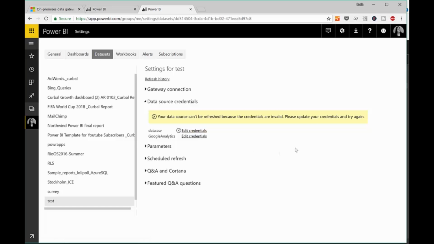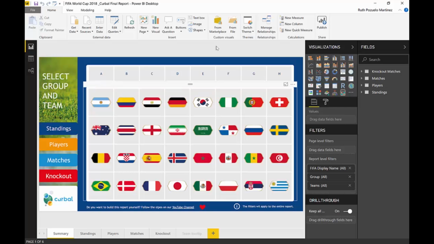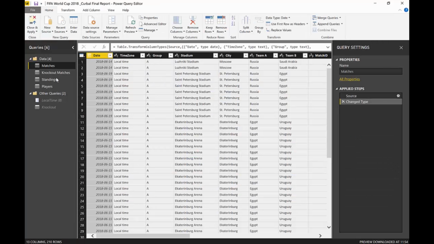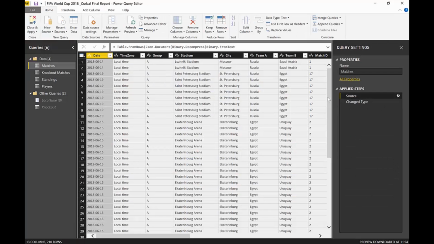Another thing is, let's go back to Power BI Desktop. So while working on this Power BI file, my intention was that you would be able to download it and schedule refresh it and use it throughout the games. That was the idea. So what I did, you have a download file on my website. When you go there and click on it, I have actually removed the connections to my computer. So this was an Excel file,